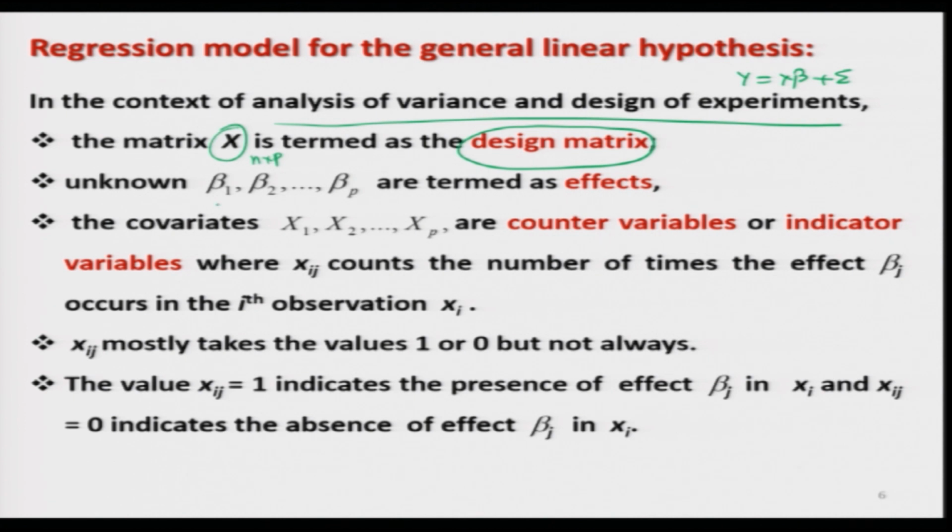And these beta 1, beta 2, beta p are the parameters, called effects. And these independent variables or covariates x 1, x 2, x p, in the case of analysis of variance, are actually the counter variables or indicator variables. Do you know the meaning of counter variables or indicator variables? Indicator variables are those variables which take values that indicate the absence or presence of some characteristic. For example, a student can be a male or a female,